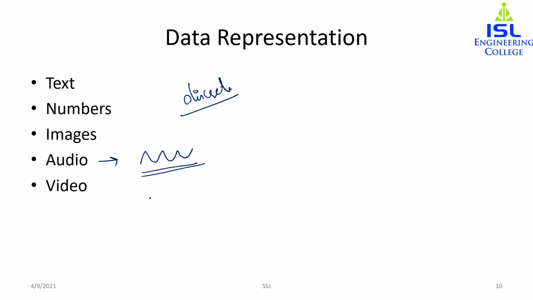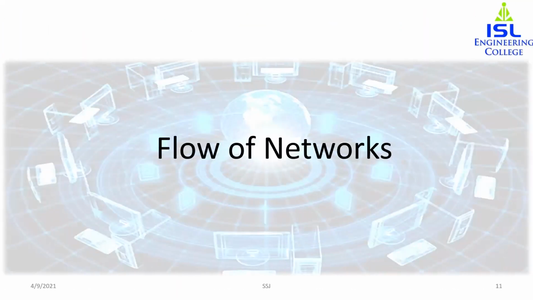Then the next is finally video. Video refers to the broadcasting of a picture or a movie, and video can be produced in a continuous form or in the form of images. These days you mix images together and then add audio to that video. So that can be a form of video, and also we can have a video recording. So there are two types of videos actually. This is the data representation, and with this I believe we have concluded the first topic of unit 1. The next is the flow of networks.